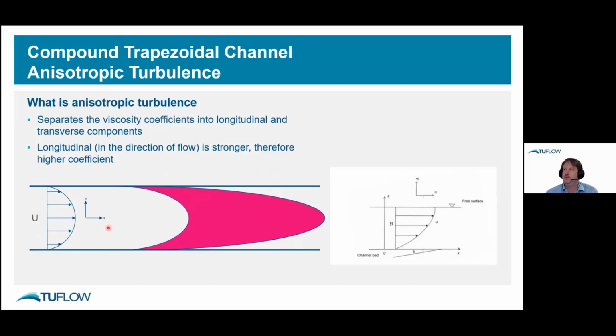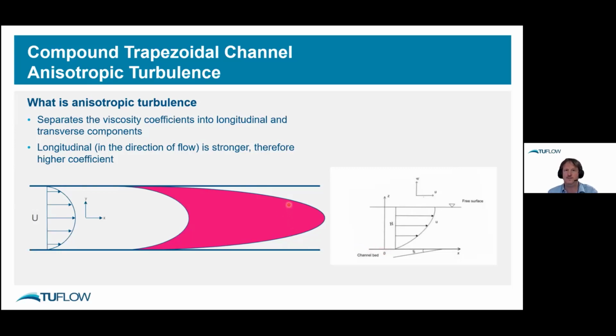And that's partially due to a vertical profile. We're talking about 2D depth averaged solvers here. In reality, there are 3D flow effects going on, and you don't get a flat profile in the vertical. There is actually a vertical difference, and that drives part of this extra turbulence occurring in the longitudinal direction as